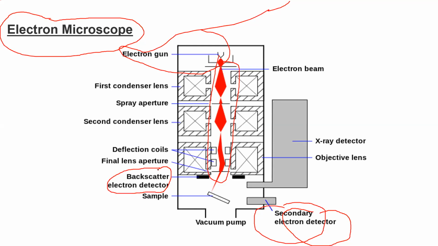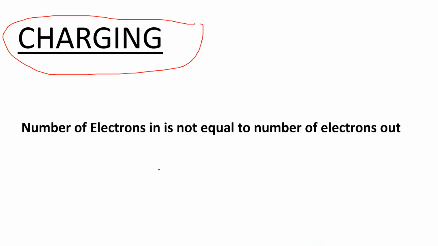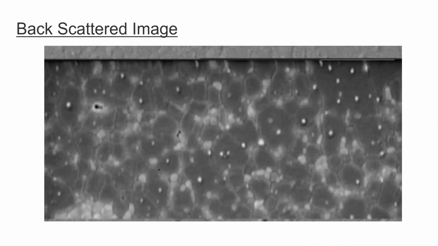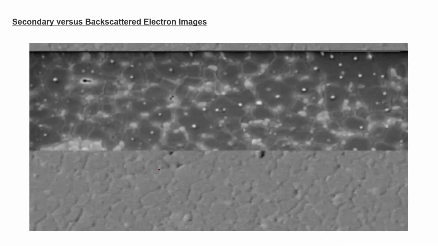So that is the reason we are saying that many electron microscopes have both secondary and backscattered electron detectors, and acquire both images at the same time. Hence, we will get both the backscattered electron image and the secondary electron image as well.